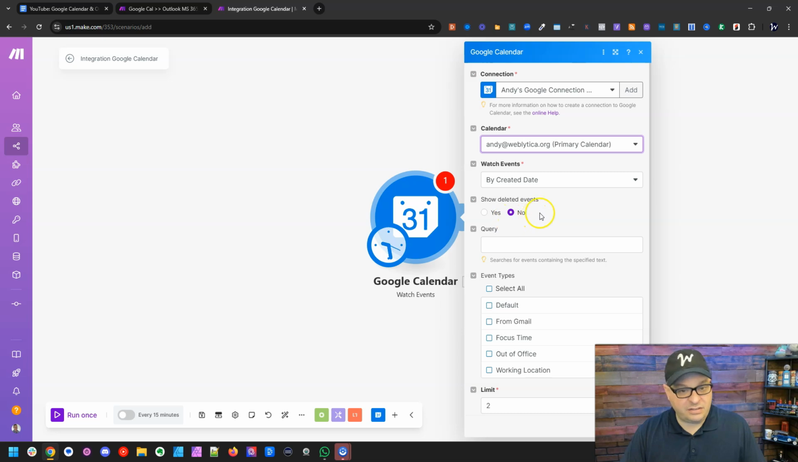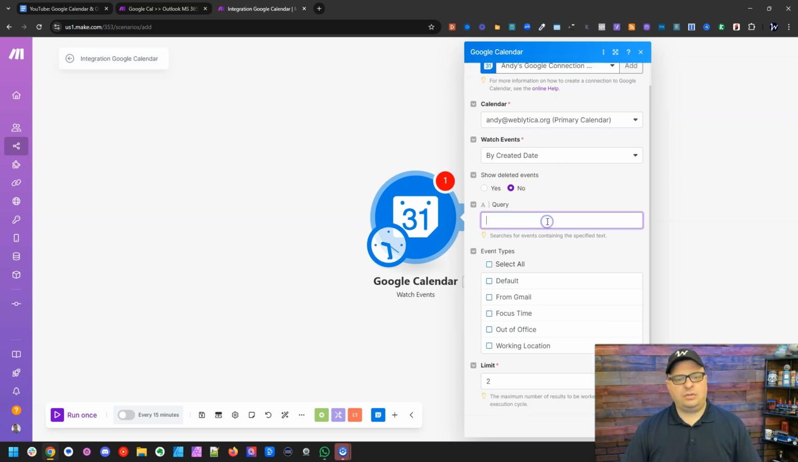Show deleted events, no. Again, we're not going to do a query. If you were looking for an appointment that had the word client in it, you could certainly type client here, and this would search for only events that had the word client. I'm going to leave that blank. I'm going to set this up in such a way that it sends all the data over to our Microsoft calendar. Event type, I'm going to say default and limit